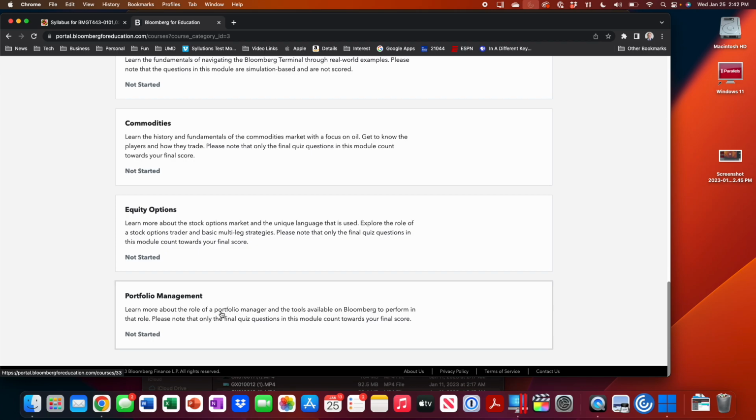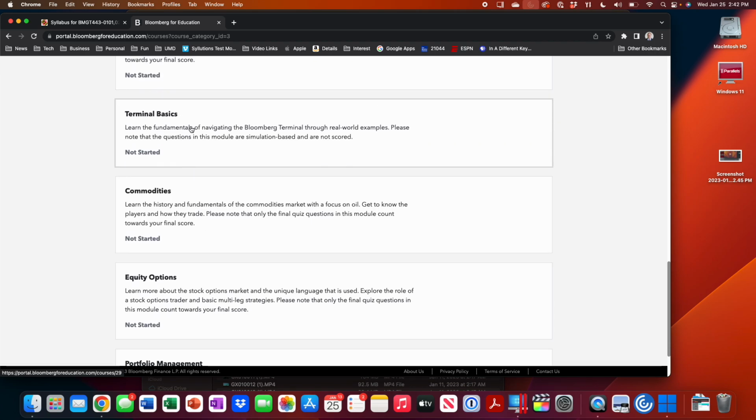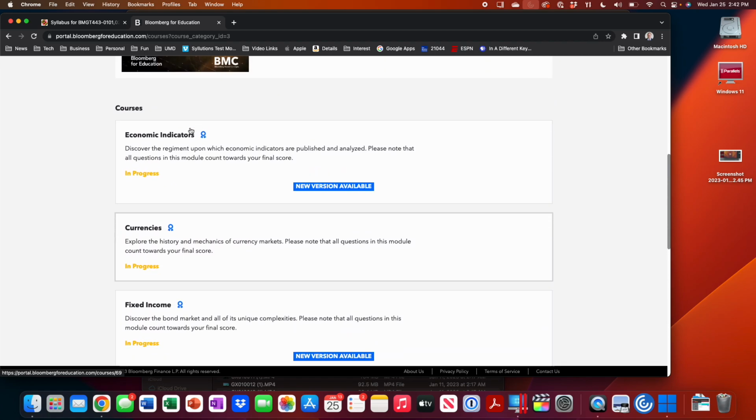Although I would highly recommend Terminal Basics. Okay? Because this software has a steep learning curve and is very complicated. Okay? In a few weeks, you're going to be whizzes, but you still got to get up that learning curve. Terminal Basics will give you some of the basics on how to use the software. But it's not required for the certification. The certification is those first 4.